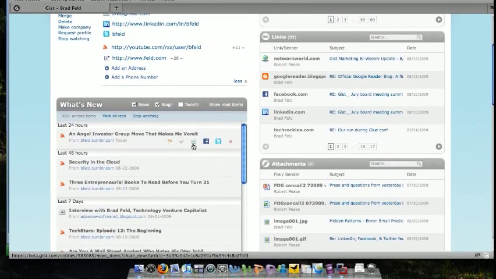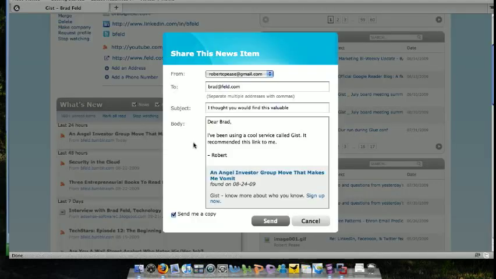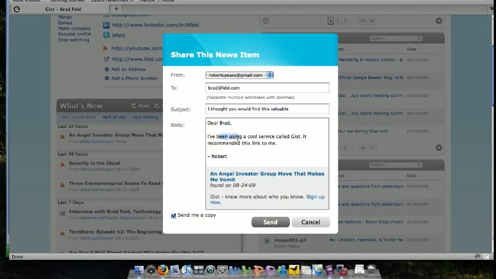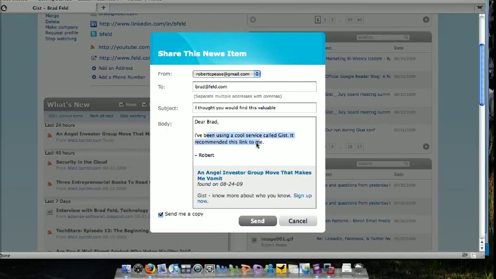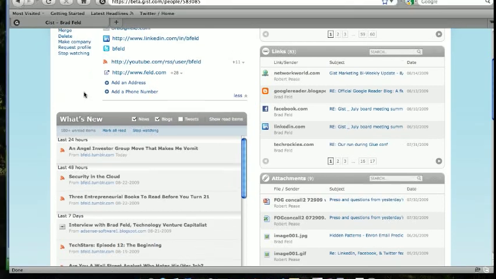What I can do from here, and I can do this from the newsreader as well, is share this information, whether I want to do that via email, Facebook, or Twitter update. So what I'm able to do is extract information that has been served up for me and respond or reach out to Brad in context. And this is all completely changeable, but to say, great story, great mention, congratulations, whatever it might be. Again, taking a lot of information about a lot of people and surfacing those things that are most important is really what